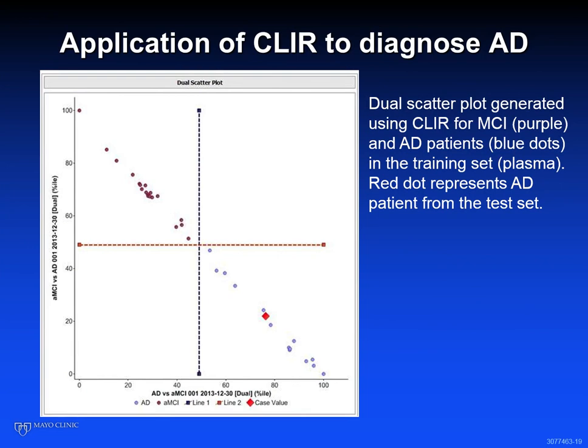And the training set was designed, all parameters were uploaded, and you're looking right now at this plot where you can see AD patients in purple, blue is MCI, and the red is a subject that the system placed in exactly the correct position based on the training set. So we're very hopeful that application of this program, when we validate it, could offer the metabolomics community a huge advantage